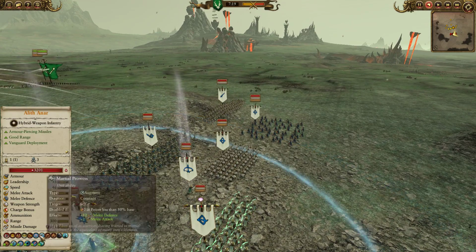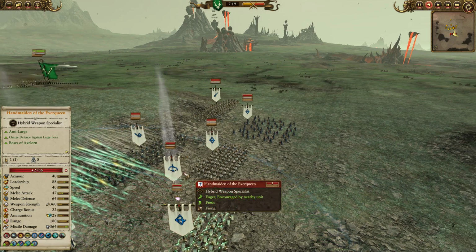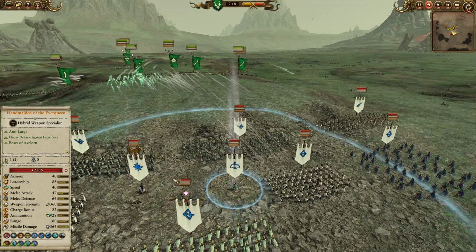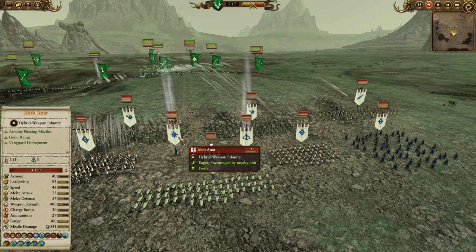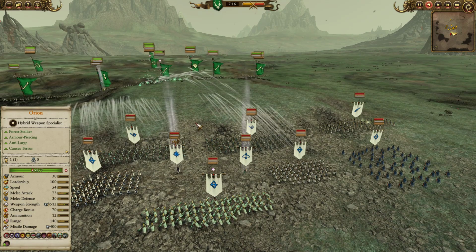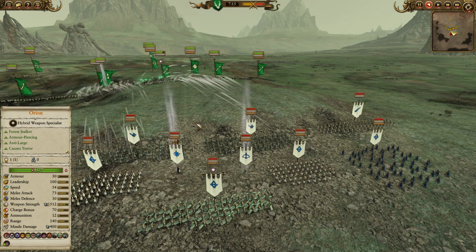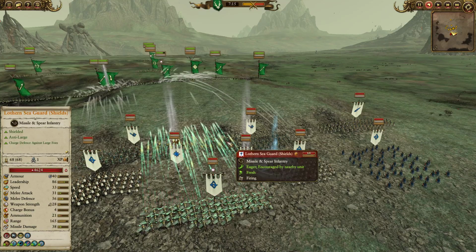If you saw my reload skill video, he's got plus 20 reload skill on him. He's got plus 15 reload skill between the item as well as the horn here, the Horn of Isha. So plus 35 reload skill between just this lord and hero, and that's monstrous. That's basically about a 40% decrease in reload time for everything clumped up around them,